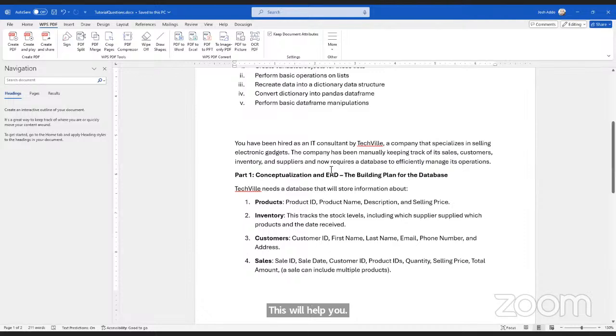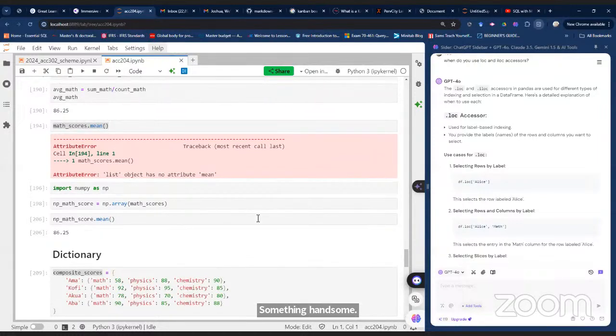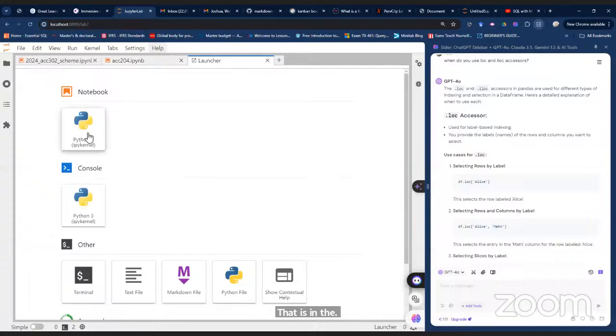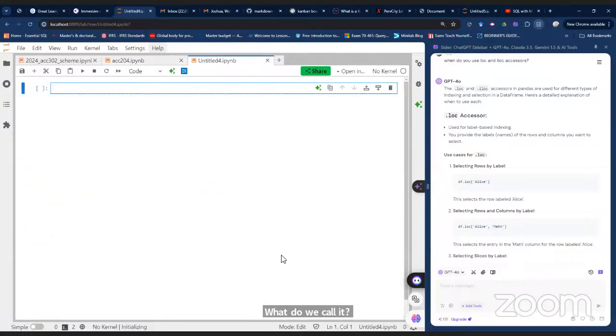Let's go to another interface where we begin something hands-on. Okay, so let's play with the data that is in the tutorial question.